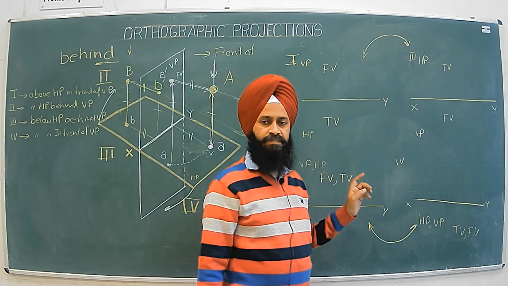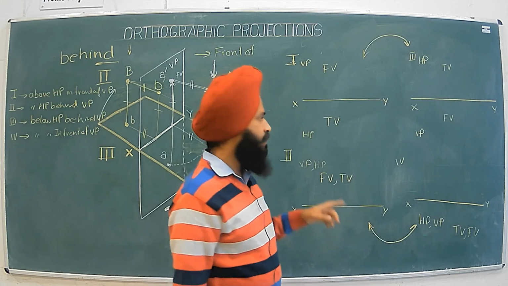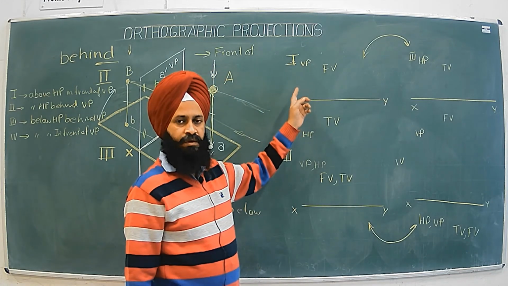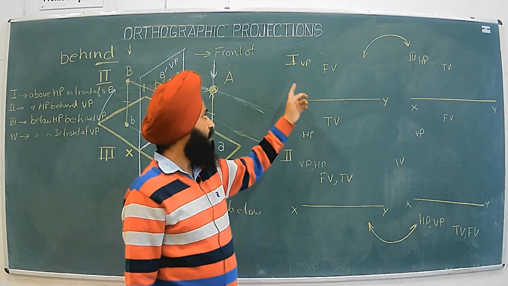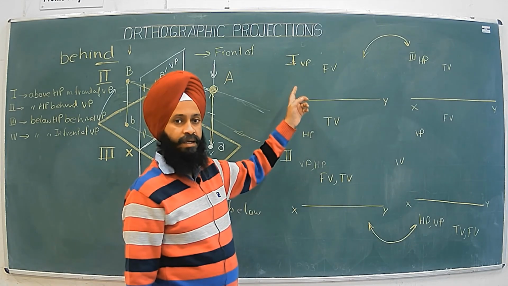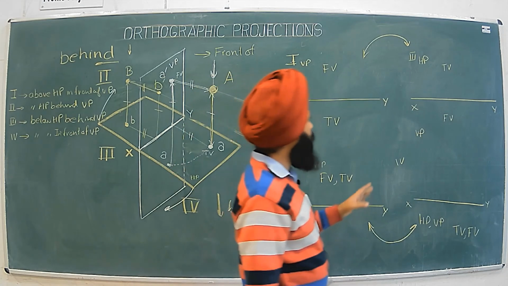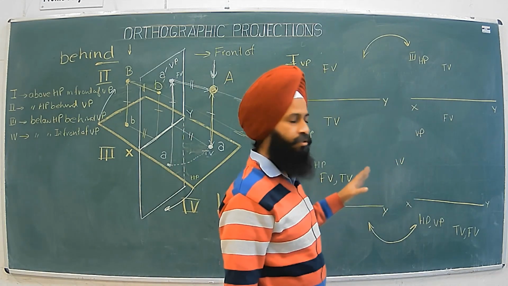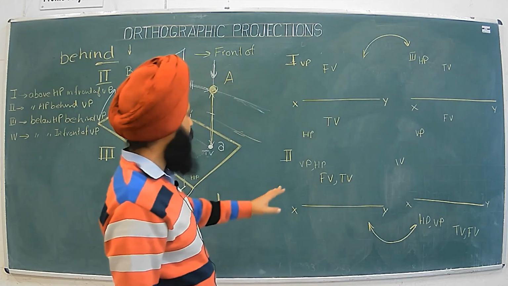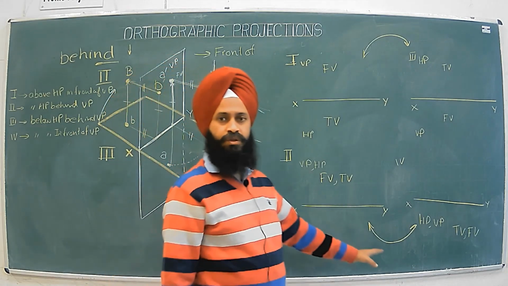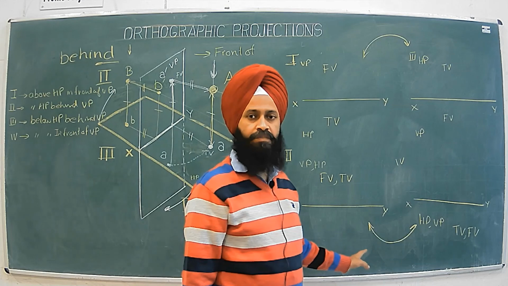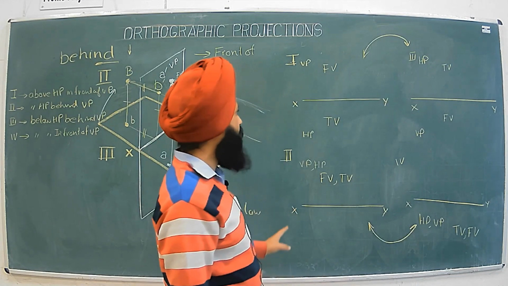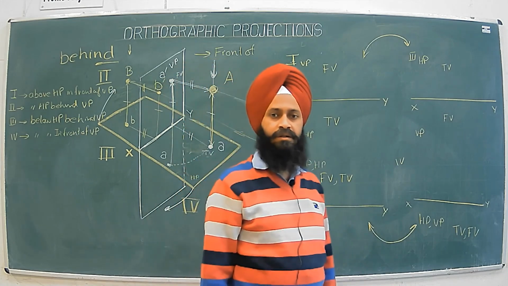In the Indian system, or during our study of this subject, we will be using first angle projections whenever there is no mention of the angle. If there is mention of an angle, then we may draw in that angle, first, second, third or fourth. We'll do some practice of second and fourth angle projection for projection of points and projection of lines. But for solid projection, we'll use only first and third angle projections.